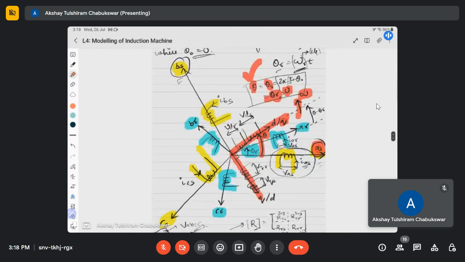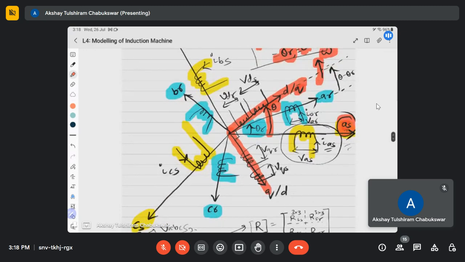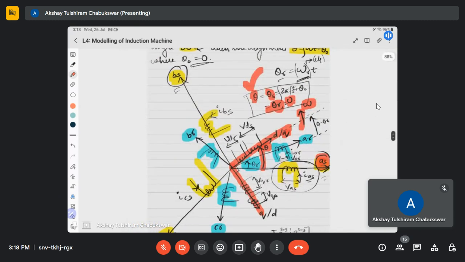Also, you might know very well that there are two ways to represent the DQ reference frame. One is the angle with which it is rotating, which I already told you. It's an arbitrary rotating reference frame. You don't know the angle. Let's assume that it is theta. The other thing is the